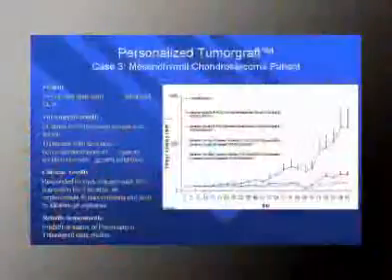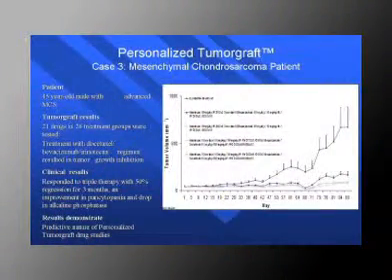This is another sarcoma patient. This one was just published last year in Cancer Research. A 45-year-old male with a mesenchymal chondrosarcoma, a very rare type of sarcoma. What was interesting here is not only that we identified drugs that could work, again, that kept this tumor flatline, but at the point that we wanted to treat the patient, again, this was 3rd line, he had multiple metastases of the sarcoma throughout the bone, pancytopenia, it was platelet transfusion dependent, blood transfusion dependent, white count of 0.2 with